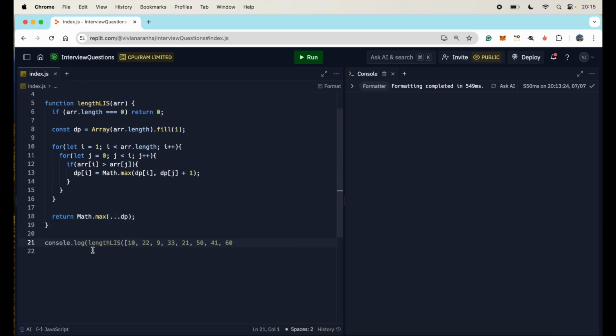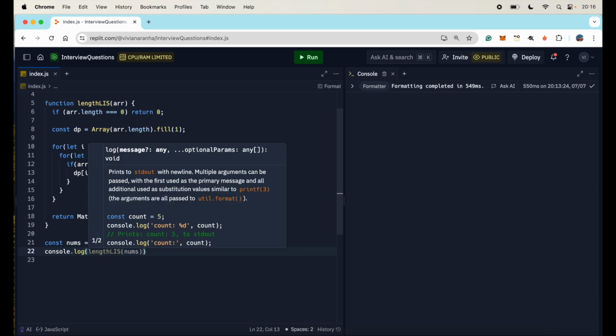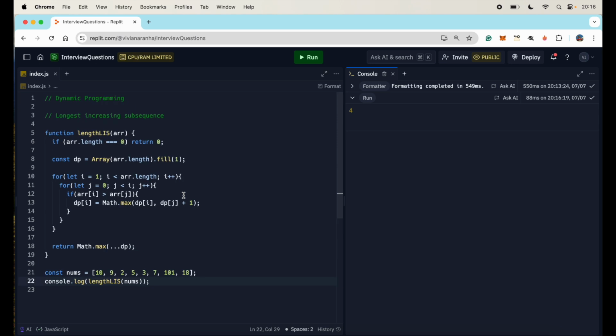in this particular case. I'm going to create a numbers array and call it, let's say, this one, whatever it gives me. And then you can just say console.log. In this particular case, I'm going to give me length of LIS based on the numbers that I have. Give me the longest increasing subsequence in this case, and based on what we see here, our longest subsequence will be 4, output 4, because yep, run, and the output is 4. So that's how you can solve the longest increasing subsequence